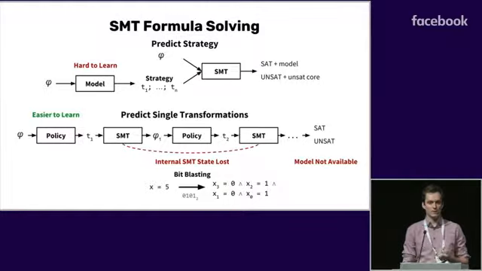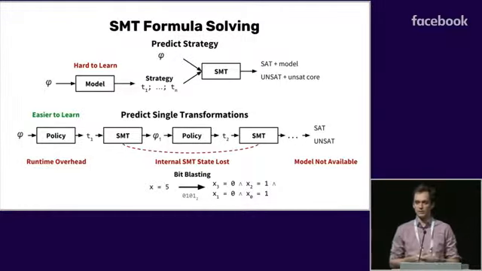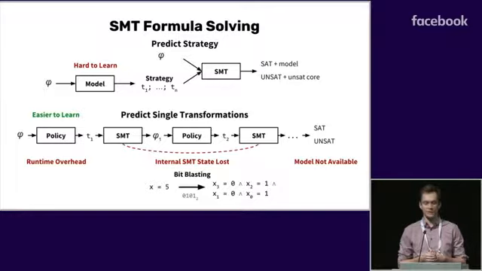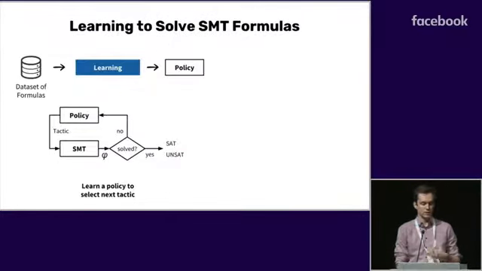And also one of the disadvantages of this approach is that the policy is actually expensive to run. So if our goal is to have something that is faster than the original heuristics, this might not be the best choice. However, we can build on top of this. So what we really do is to do this as a first step.